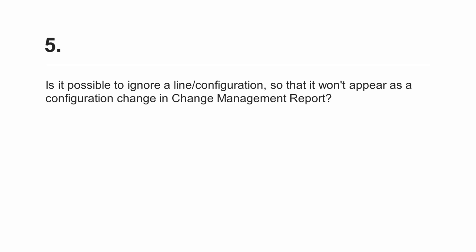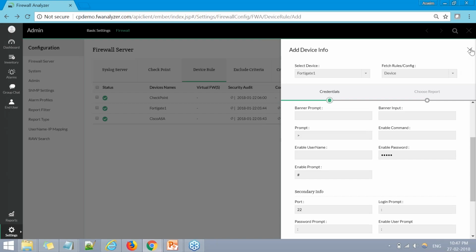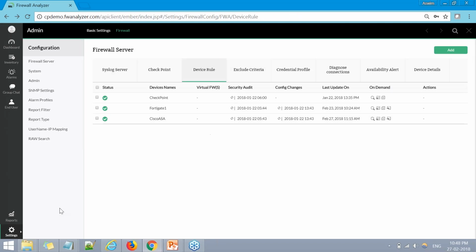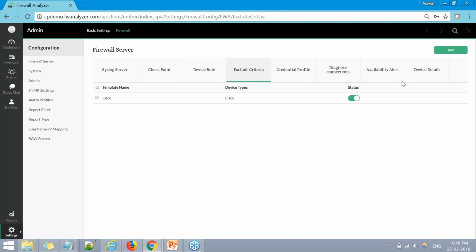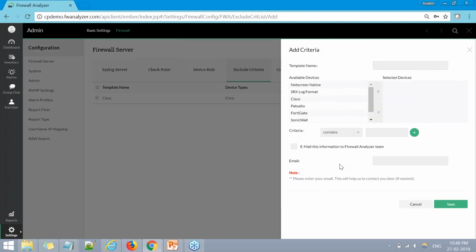Question 5. Is it possible to ignore a line or configuration so that it won't appear as a configuration change in the change management report? Yes, absolutely possible. How do we do it? Under Firewall Analyzer settings, we have something called exclude criteria. Here, we can add a criteria